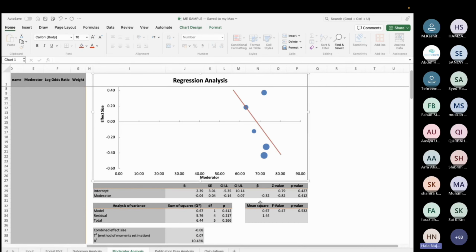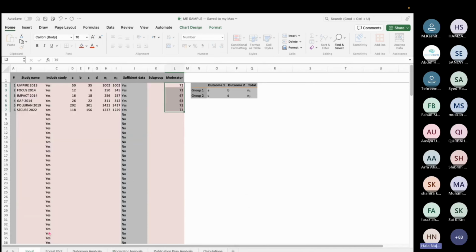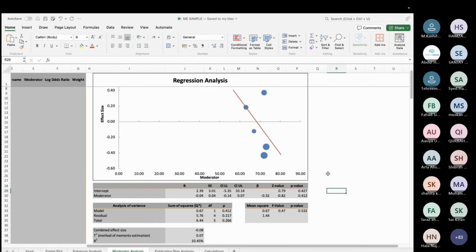Adiba, we did an analysis of mean age, not gender. This was mean age. Guys, don't worry about different p-values. You have to look at the moderator p-value. That's it. Okay? I think everyone gets how to do meta regression. It's pretty simple. Everyone can follow it.